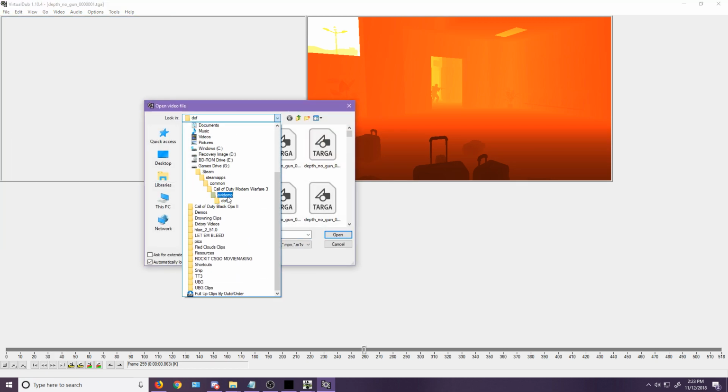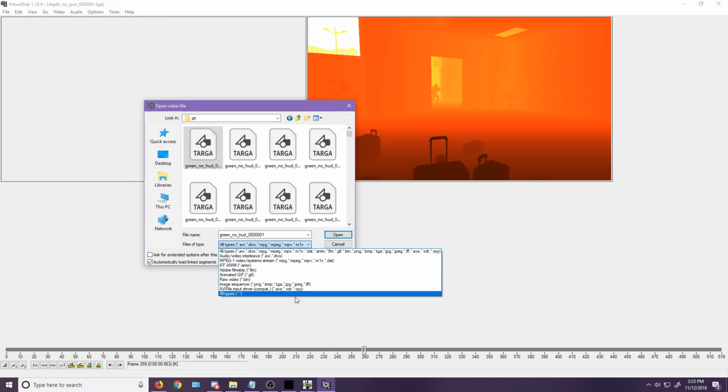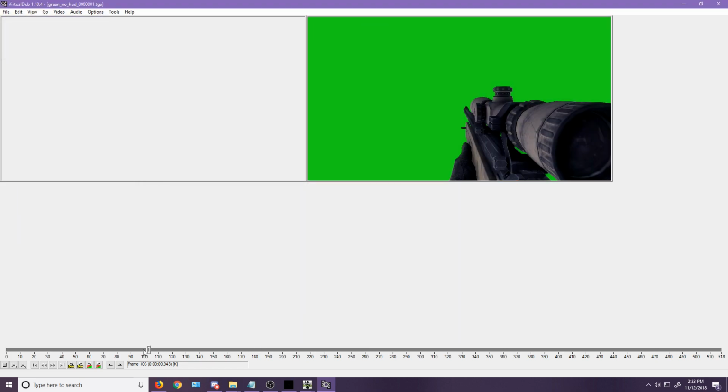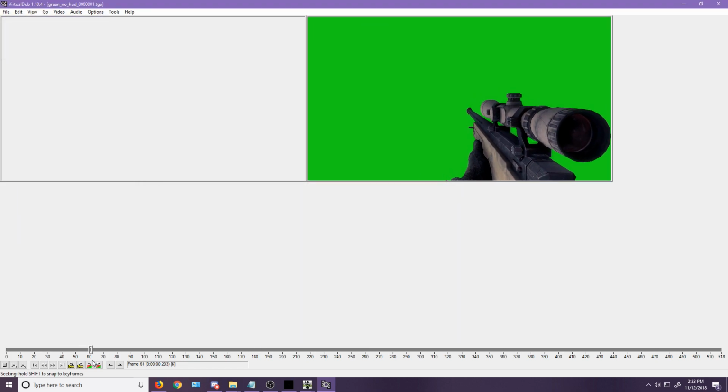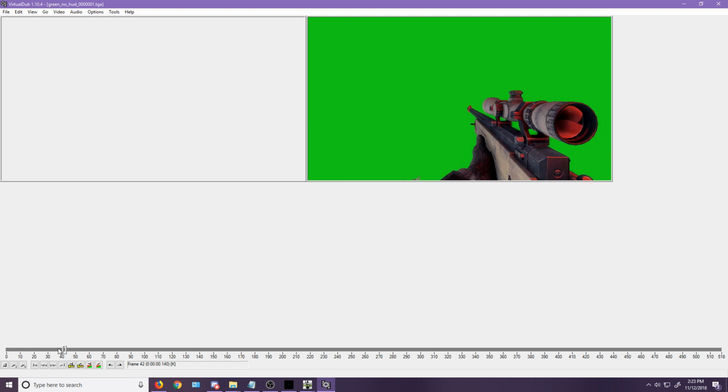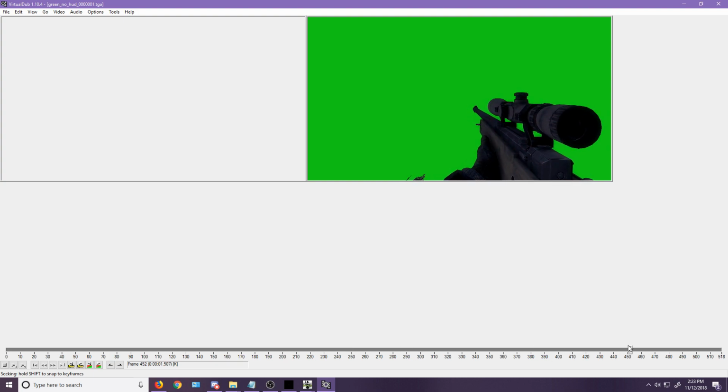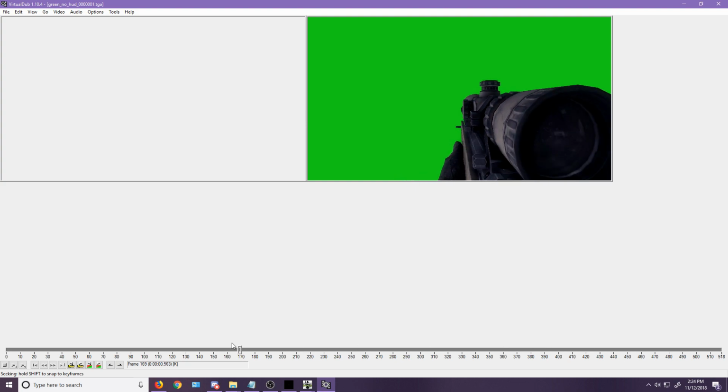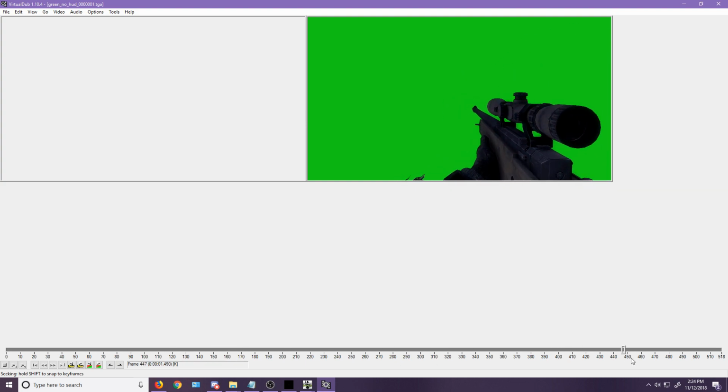Same thing, I want to do the same thing for the other one. Green screen, image sequence, bop it out like that. Now that's another bug that happens. This happens when you have like a special sun or whatever. I also don't know how to fix this. I'm sure one of you guys know how to fix this, but that'll occasionally happen. This doesn't happen all the time though. It's strange. This is like the second time I've had this happen. But I think one of you guys might know how to fix it. I don't know how to fix it, but